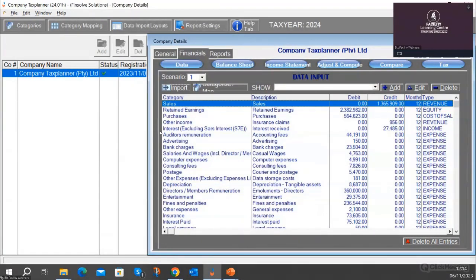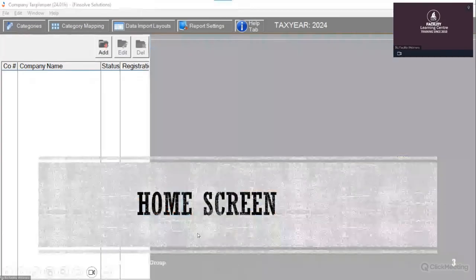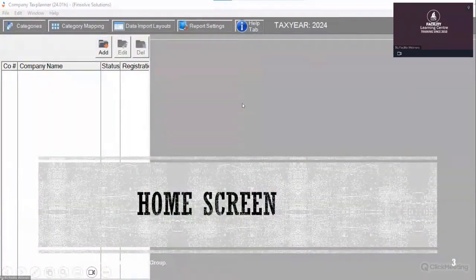Okay, so let's just go back to the presentation. Just want to go through all of the points, and then we'll be cycling back to the home screen. So that is the home screen in layman's terms. What you can do, you can specify your mappings here, the data import layouts, whether that be a TB, something that is in CSV, so you can specify that as well. And you can add,